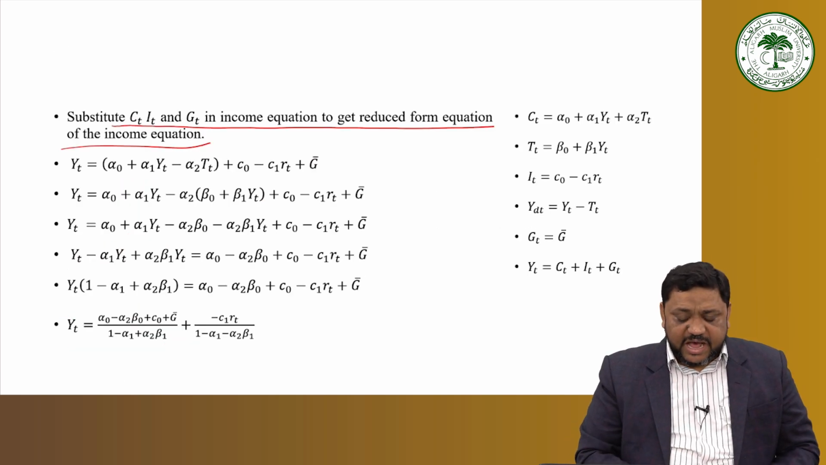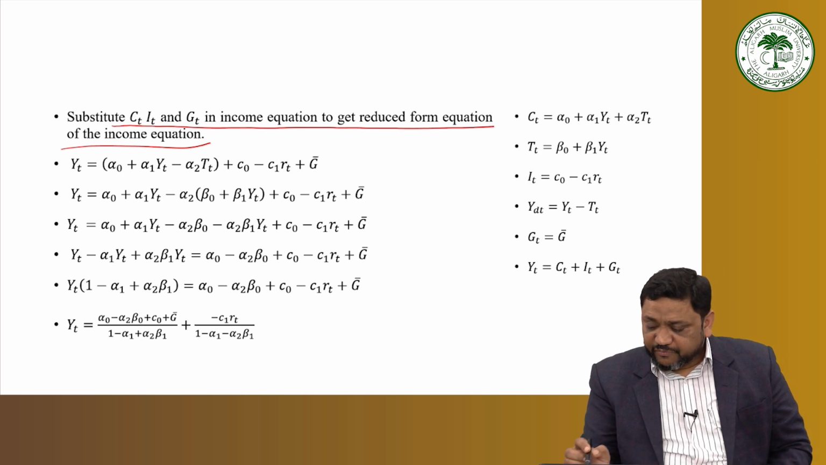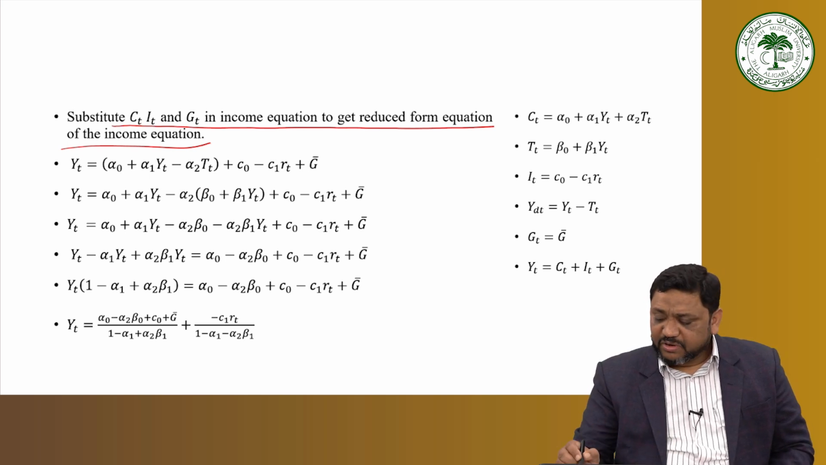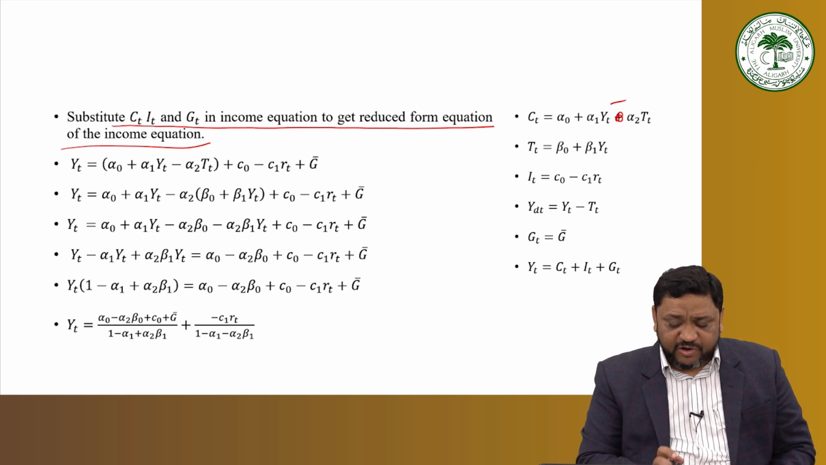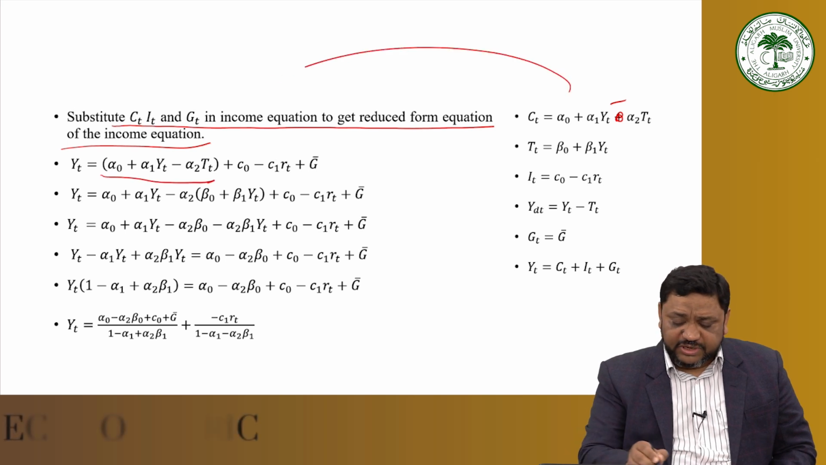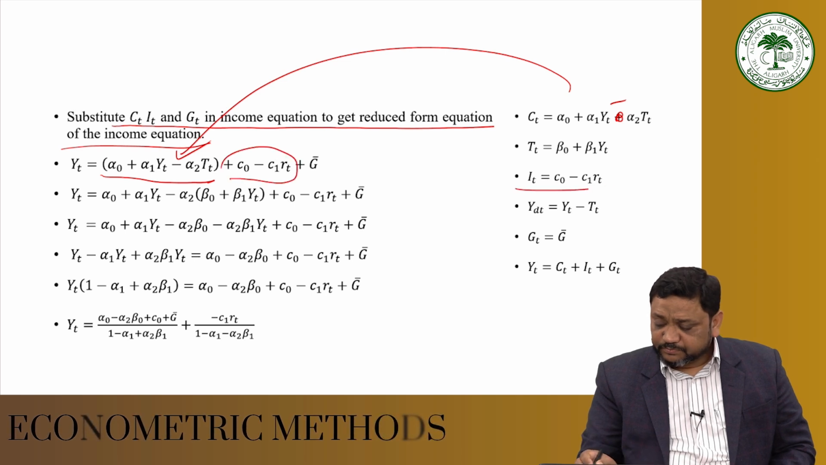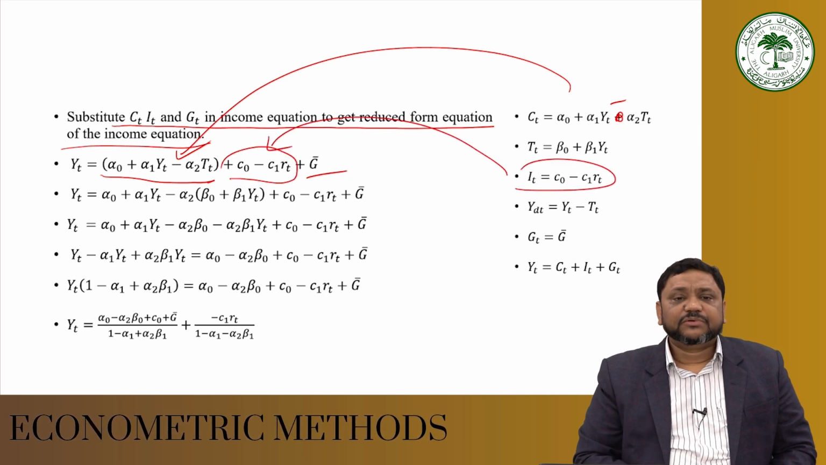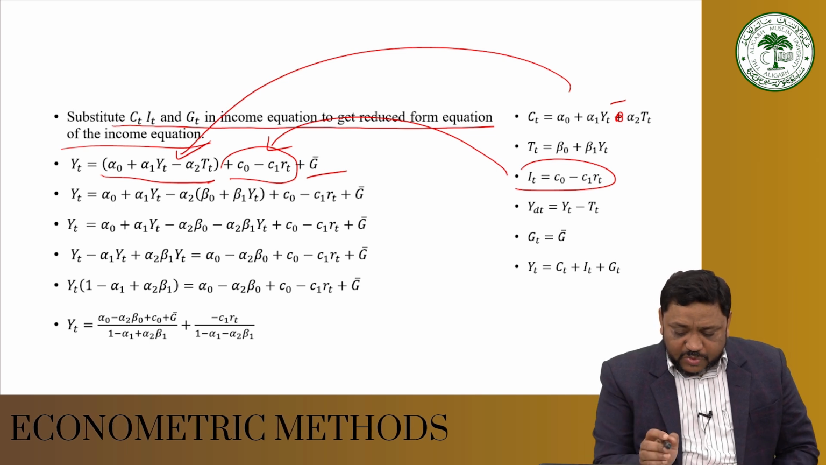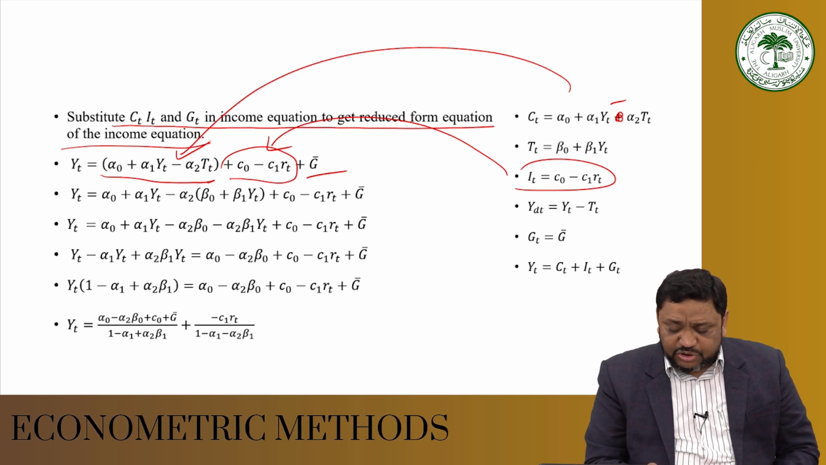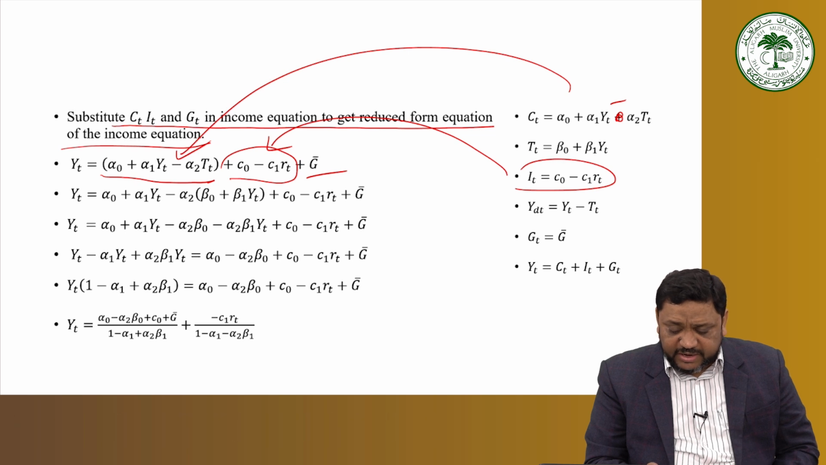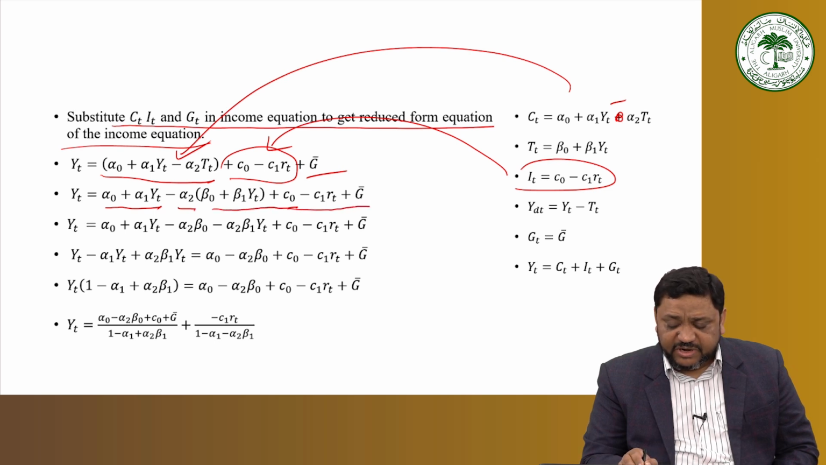So we can write it as Yt is equal to, it is given over here also, we have just taken t in the minus format. So we can write it as alpha naught plus alpha 1 Yt minus alpha 2 t. This is my consumption function, then my investment function, and then G. We open the brackets and take all those terms which have Yt together. So alpha naught plus alpha 1 Yt minus alpha 2 B naught plus B1 Yt plus C naught minus C1 RT plus